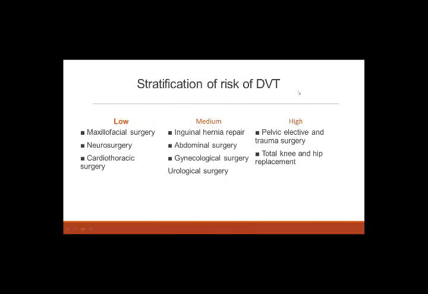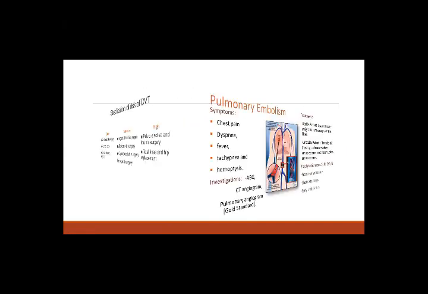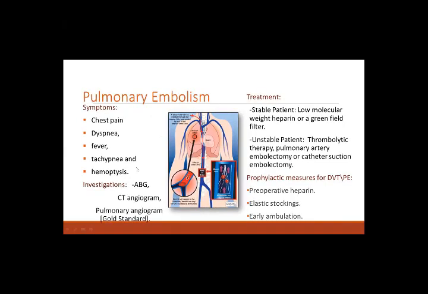ये है stratification of risk factors. इसके chances DVT के they are really low with maxillofacial neurosurgery, cardiothoracic surgery, medium chances with abdominal surgery, gynecological urinary surgery, or high chances with pelvic surgery, elective या trauma हो तो super high chances with that. In total knee and hip replacement maybe there are great chances of developing a DVT. DVT के नतीजे में there could be pulmonary embolism,